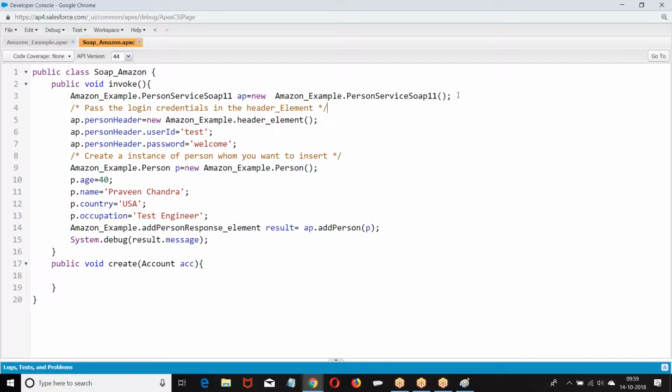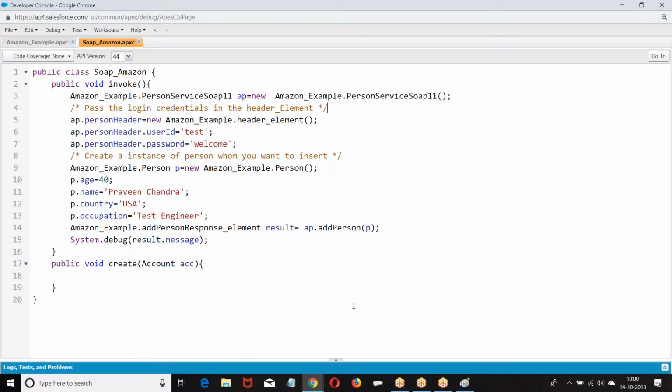But the only thing is we need to understand what parameter they are expecting, what is the result type they are giving. I hope you are good with this. Now, what did the Java people give? They gave a wizard, they gave me username password, which I have to communicate.